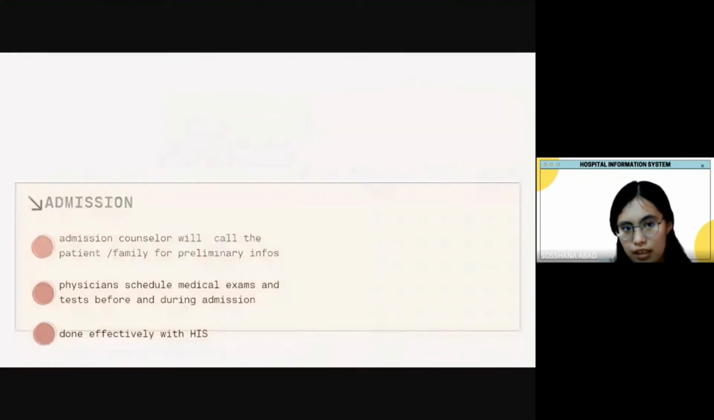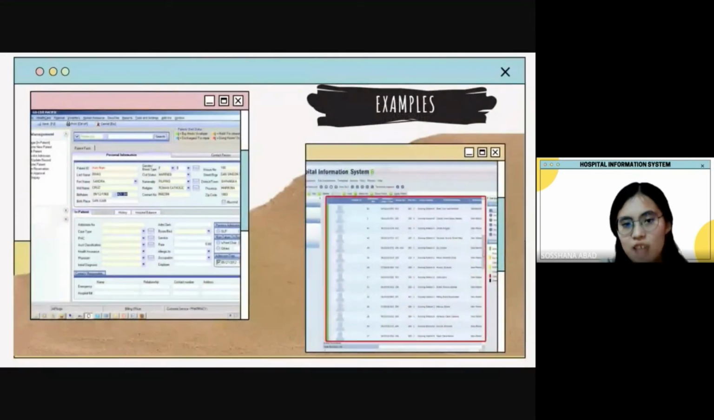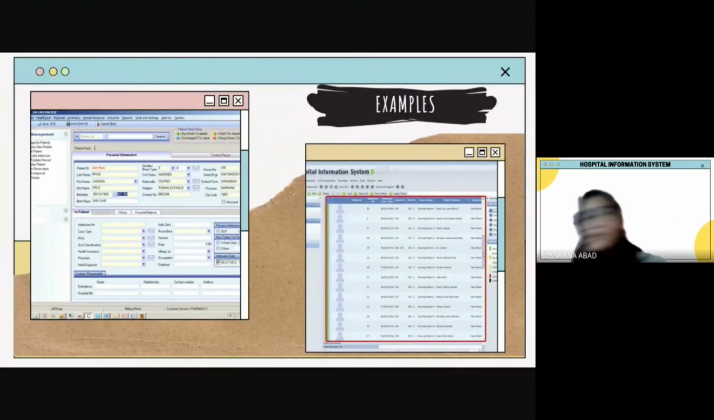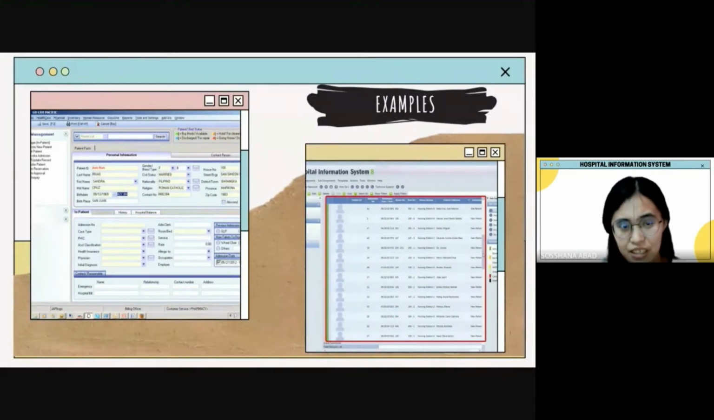So here are some examples of admission procedure in HIS. I think it's from Beesbox. Sorry for that. So to proceed,